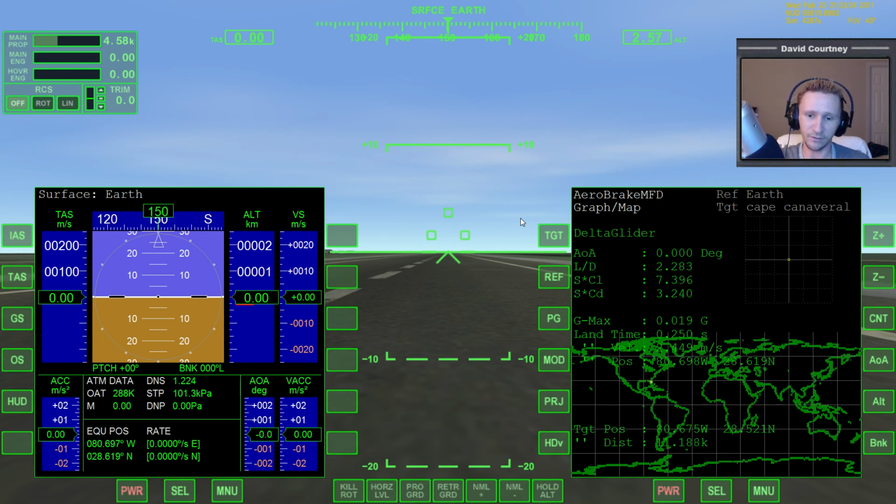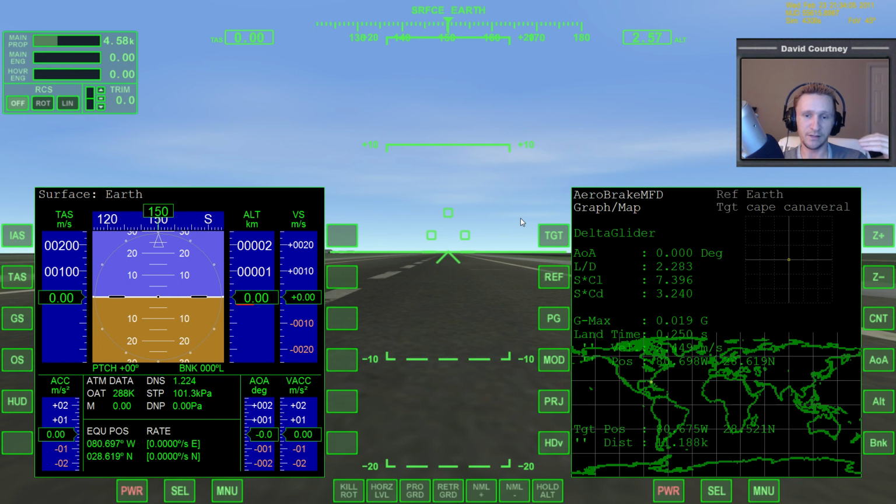I've landed the standard Deltaglider a lot, but one thing that I have trouble with is coming down through the atmosphere without having a super high dynamic pressure, because it doesn't have that attitude hold. And I don't want to take 2 hours to land either. There's a way that you can bring the XR2 or standard Deltaglider down through the atmosphere very gradually so that your temperature never increases above 300 C or whatever. And that's just a matter of keeping your